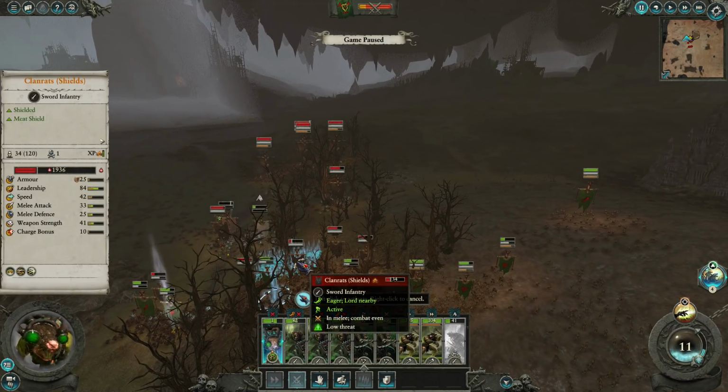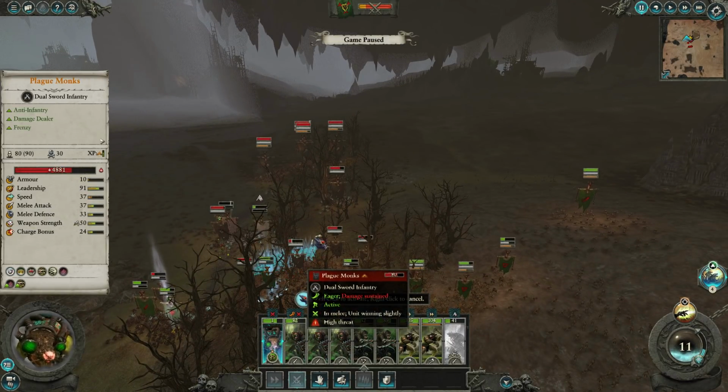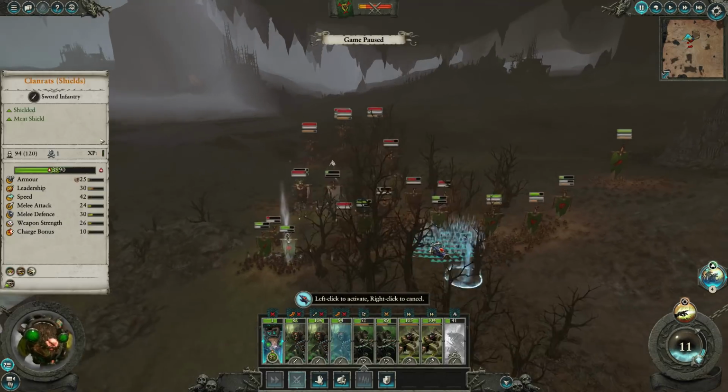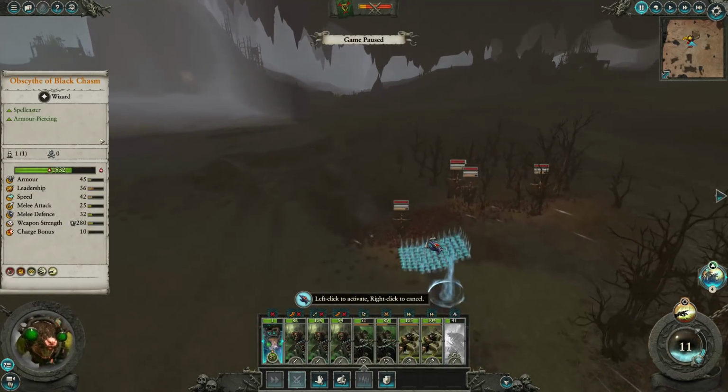This unit here is looking weak. Okay, yeah. Plague monks looking... Is it the plague monks? No, that's not the plague monks. Okay, what's that looking weak right there? Clan rats with shields. Okay. Actually, hang on. We've got...